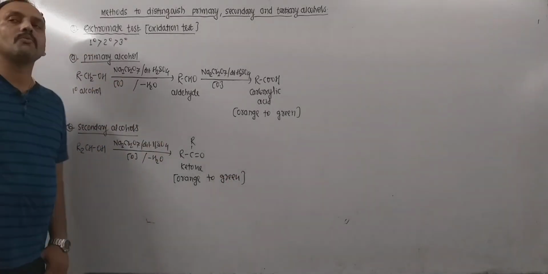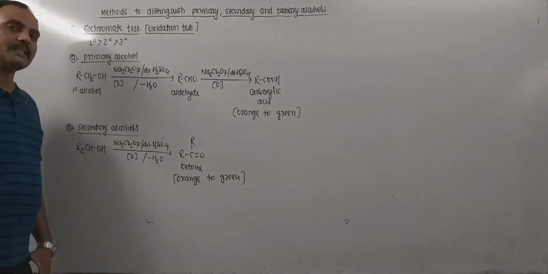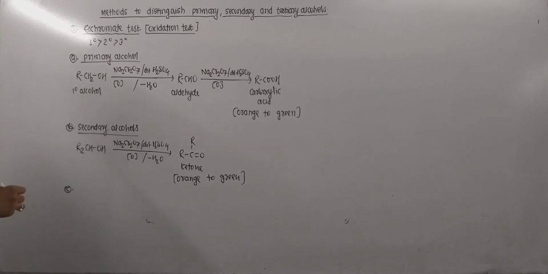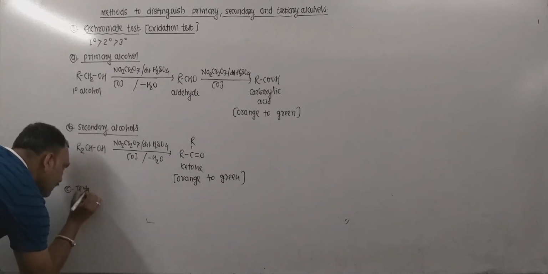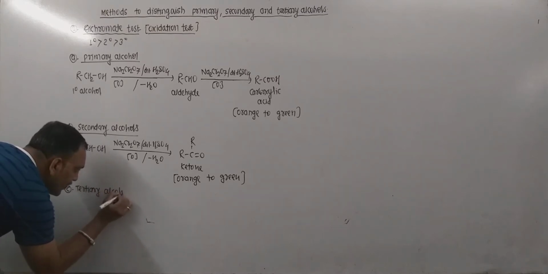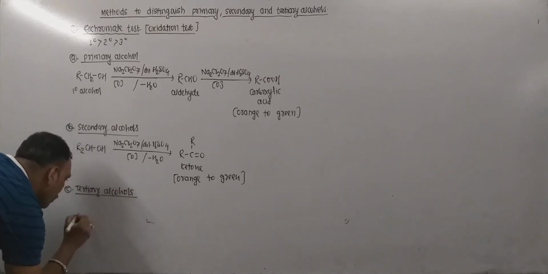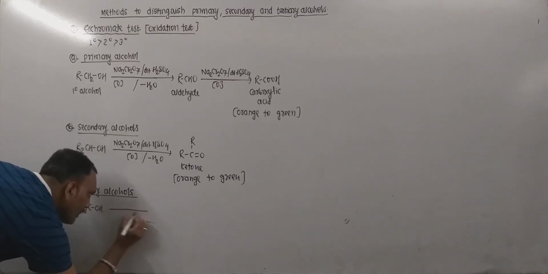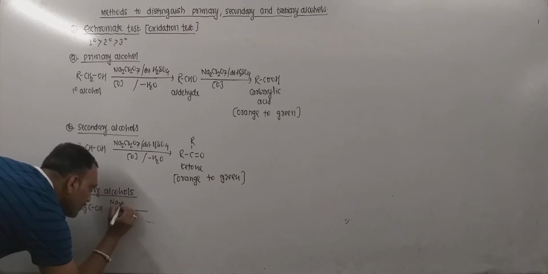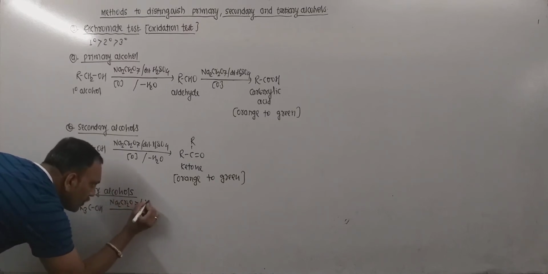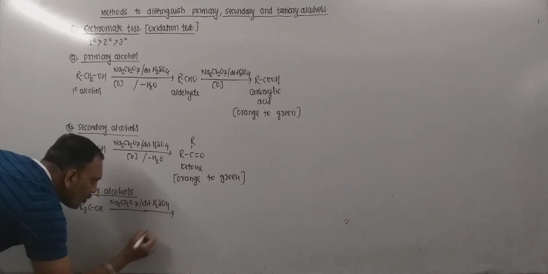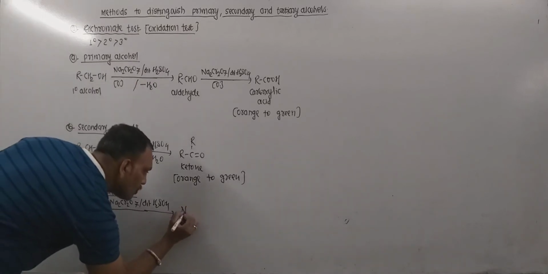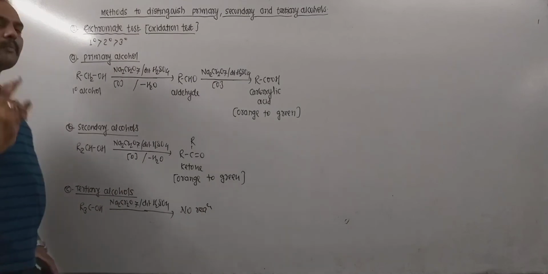But this ketone is quite difficult to get oxidized by this oxidizing agent. Now the third very important thing is the oxidation of tertiary alcohols. Earlier we explained that tertiary alcohols resist oxidation. So tertiary alcohols can be represented as R3COH. So when we subject this to oxidation using Na2Cr2O7 in dilute H2SO4, that is acidified sodium dichromate, this oxidizing agent is not capable of oxidizing this, so no reaction can be seen, number one.